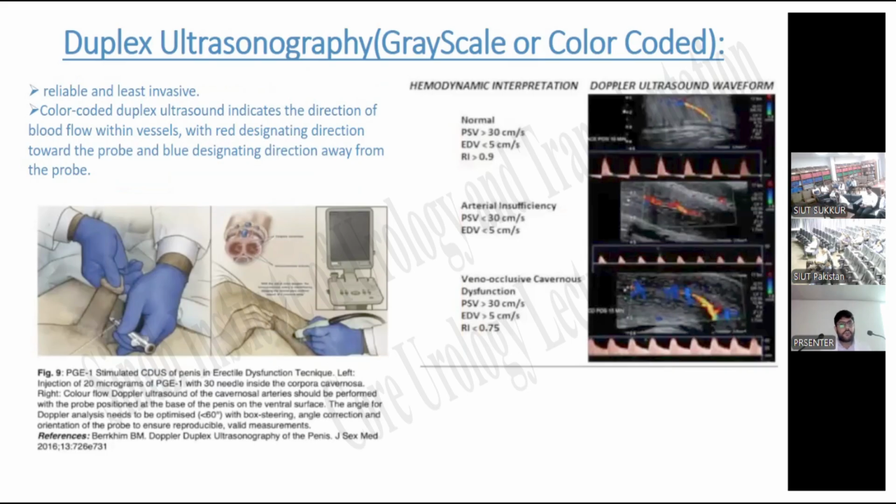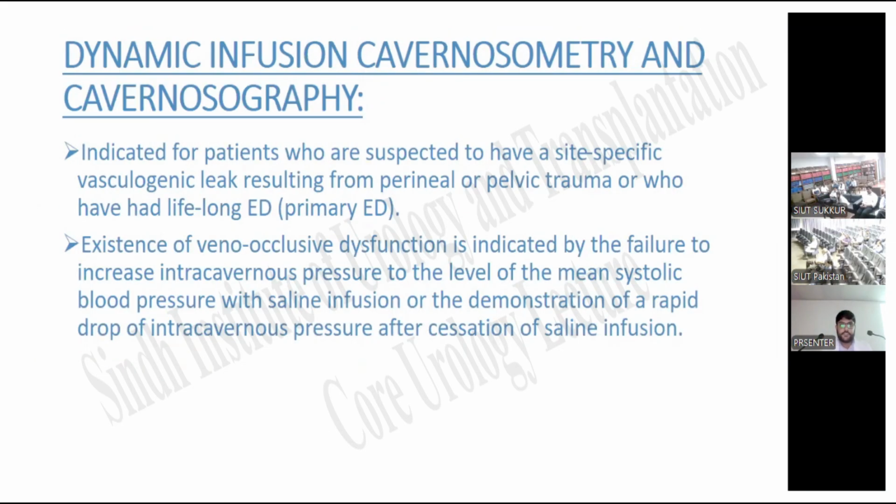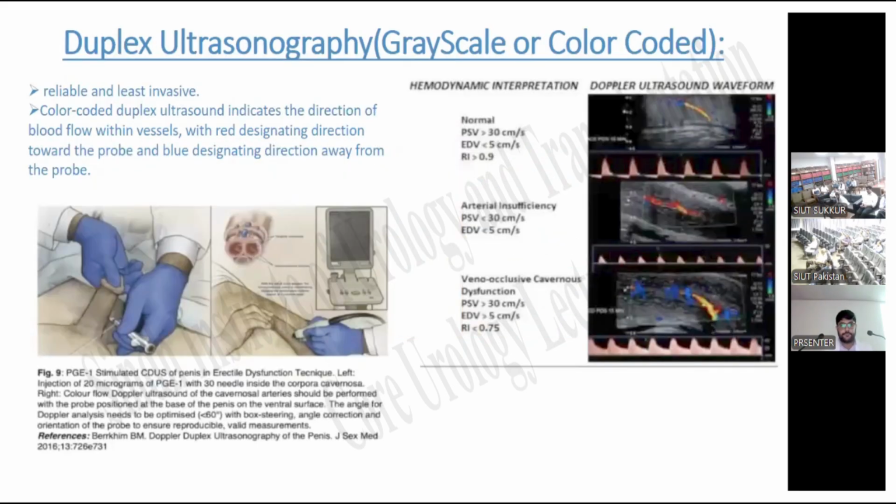Color-coded duplex ultrasound indicates the direction of blood flow within vessels, with red designating direction toward the probe and blue designating direction away from the probe. Dynamic infusion cavernosometry. So interpretation of this is utmost important. How are you going to do that? You are going to inject 20 micrograms of alprostadil, or PGE1,